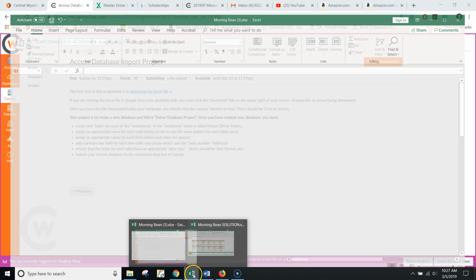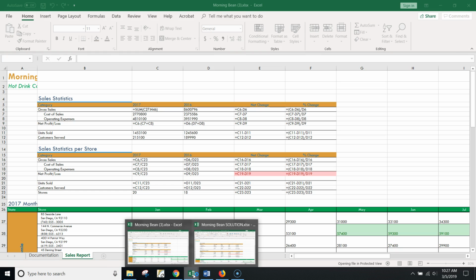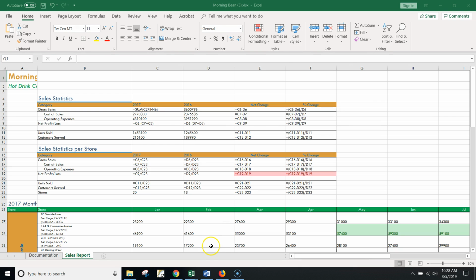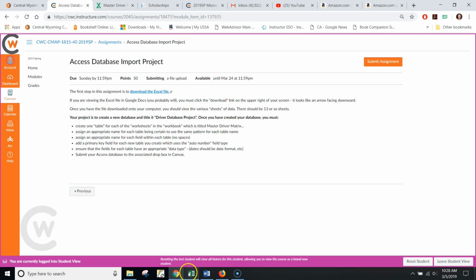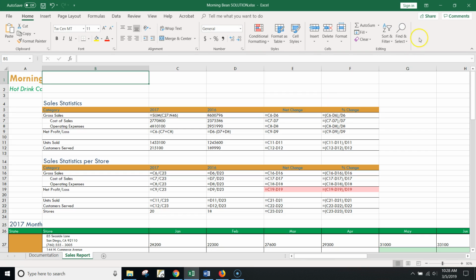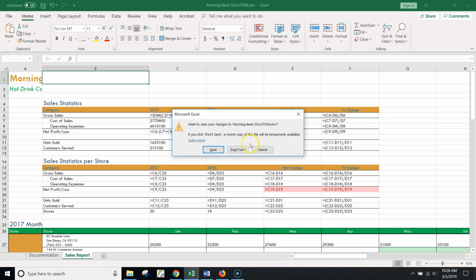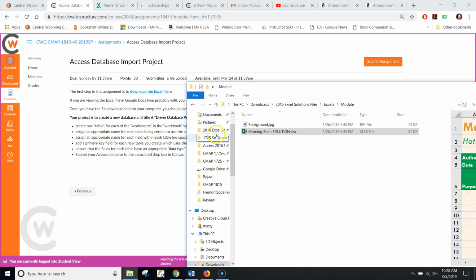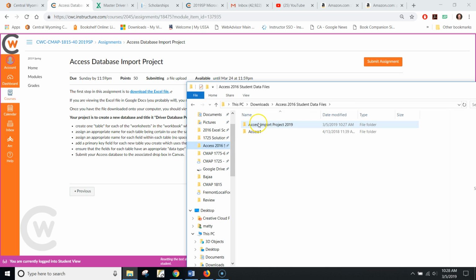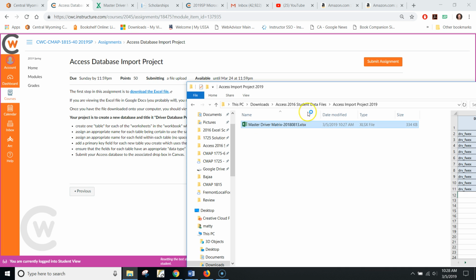Somewhere. Okay, there's the morning bean. We don't really want that. We don't want this morning bean either. We'll get rid of that. Not sure why all these morning beans are open. Sorry about that. Let's get rid of that. We'll go back and we'll open this guy up. Okay, Access. Project. Master driver. So here's our spreadsheet, and